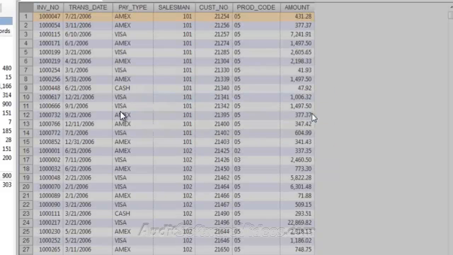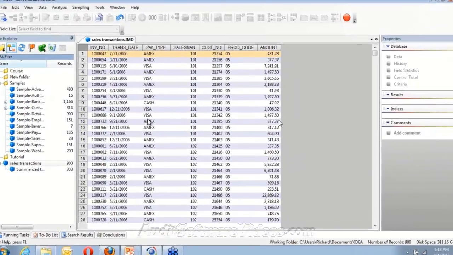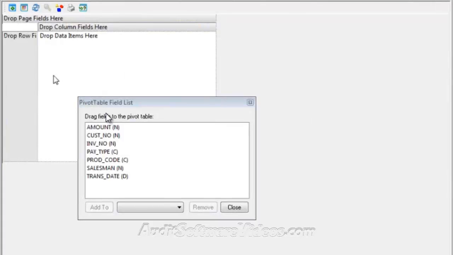Pivot table. And now we can see what we've got. We've got up here a list of fields, and up here we've got columns, rows, and data items. So what I'm going to do is I'm going to say I want to take my payment type, which is here. I'm going to drag it over and put it into the drop columns field here,